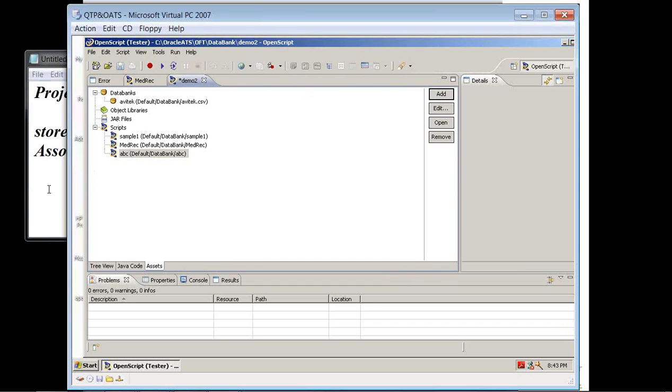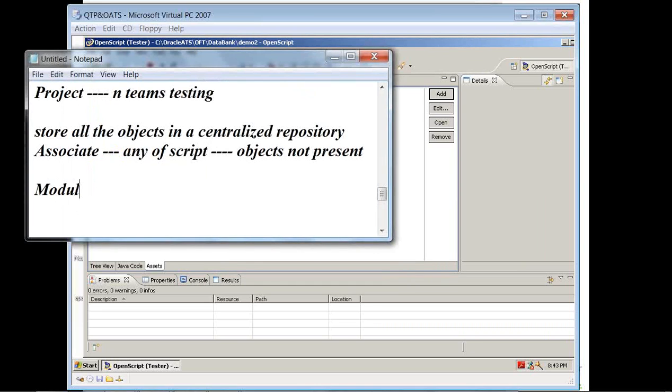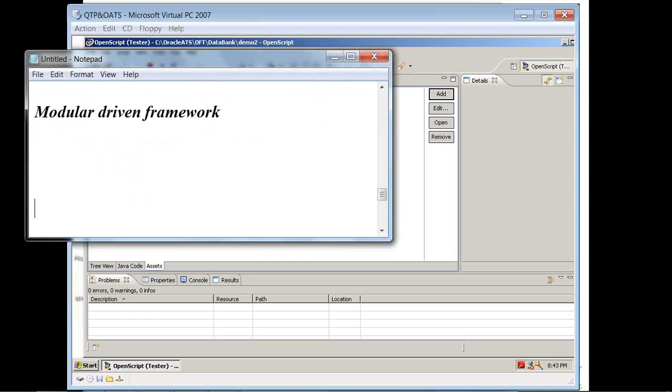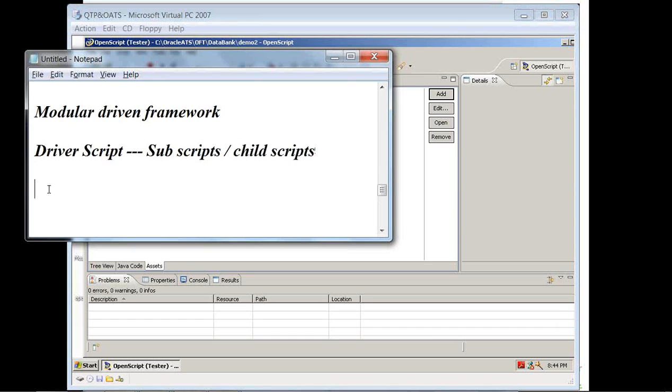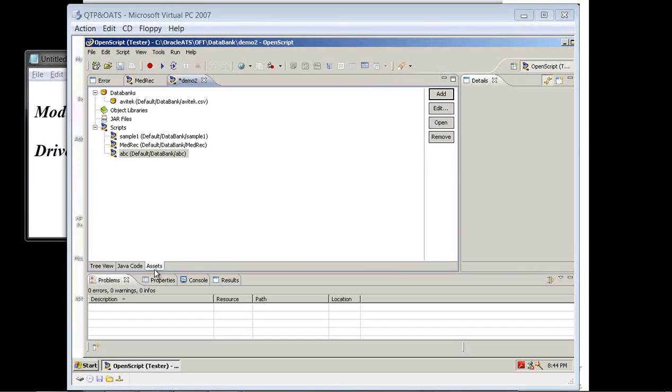If you know what a modular driven framework is in automation testing, it is like a driver script. A driver script is calling the subscripts, or you can say the child scripts, and this is what we are going to do in the scripts section of the assets.